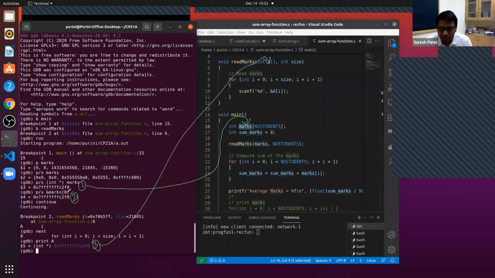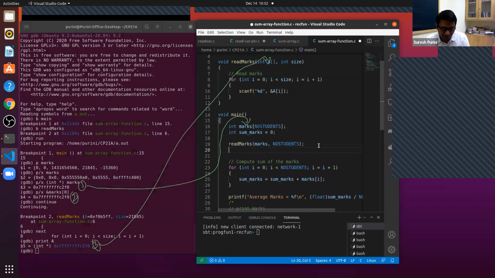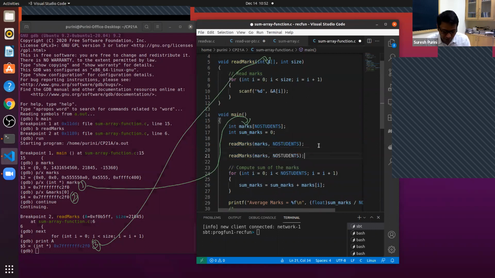So because of that, don't give ampersand marks. This is a mistake you could make. Again, this is an exam question. Tomorrow, I'll ask, you want to call a function, which of the two statements is right? Line 19 or line 20? Which one is right? I'll ask. And what should you answer? Line 19. Exactly.